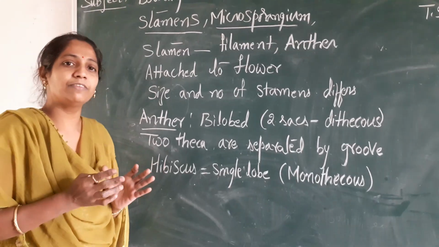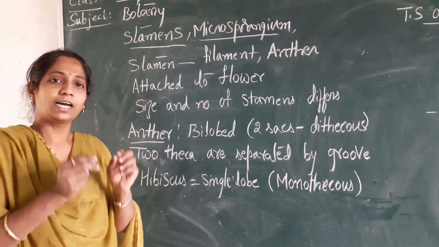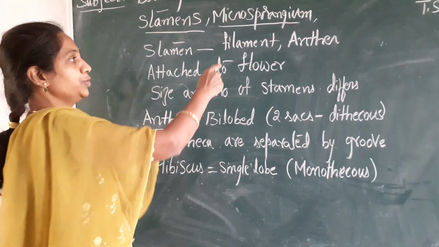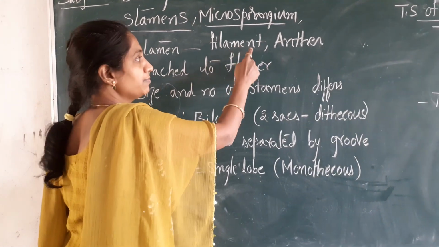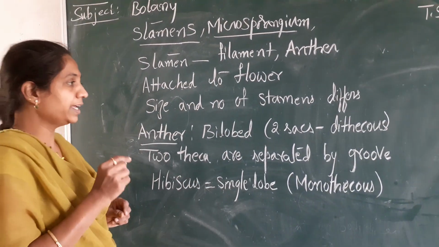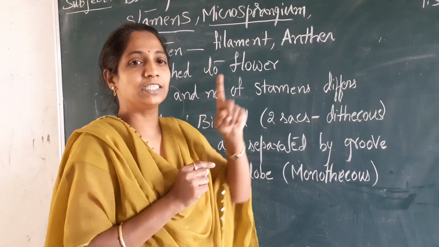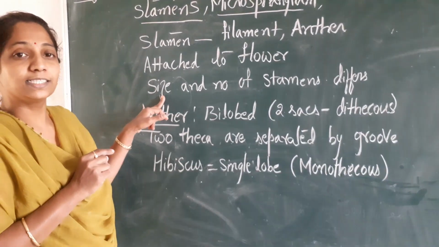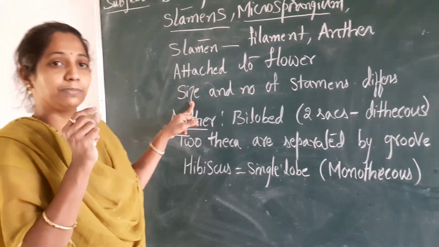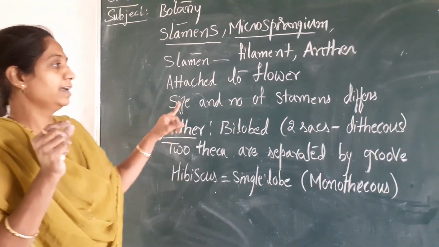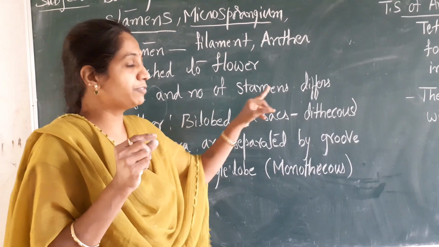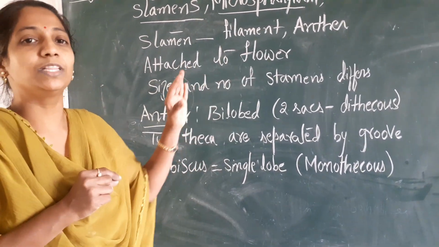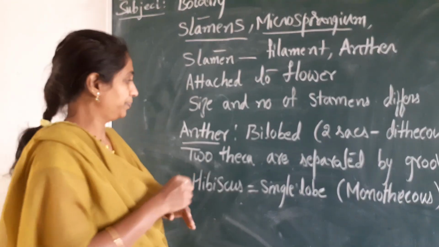So try to observe a flower. When you see a flower, observe the male part and the female part. In the male part, you check for the two portions: one is the filament and the other the anther. Then you see whether the anther is made up of a single lobe or two lobes. Then you can see the size of the anther, whether it is big or small. You can also count how many stamens are present. All these you can do without the help of a microscope.